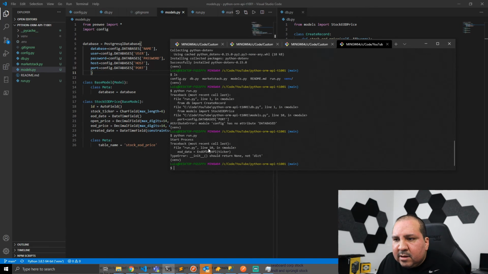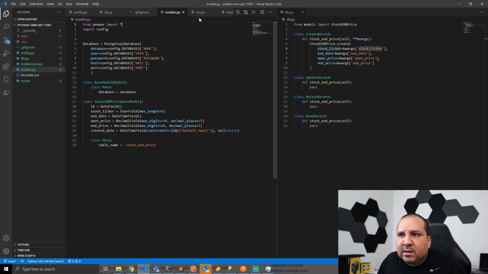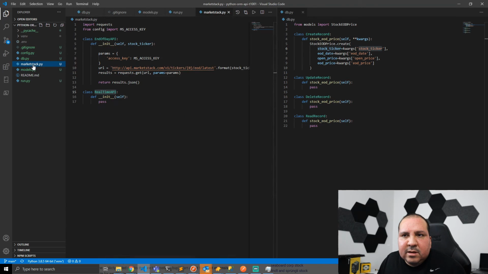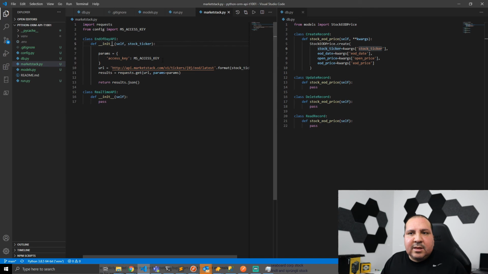What happened here? Let's see. Line 10. Hold on, I think I know what it is. And this is my bad if it's what I think it is. I don't know why I did it this way. This is my mistake. Initially you could initiate certain things, but there's no need to initiate it in this case. There really isn't. So what I should have done is call this method end of day API, and